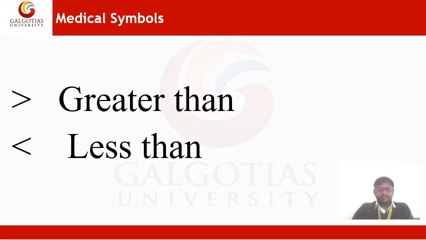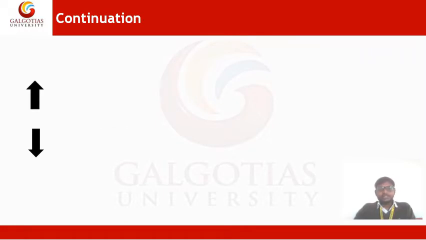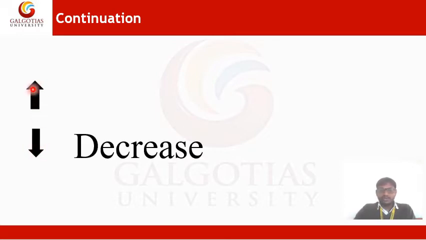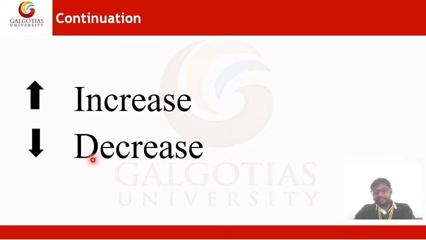And next one, you can see the 3 marks and the 2 marks. One is an arrow mark showing the top, another one showing the bottom. Are you able to see? Now, what is the meaning of this one? You can see increase and decrease. Why is it a decrease and increase? Here one midpoint is there, the center midpoint, a particular constant normal value.